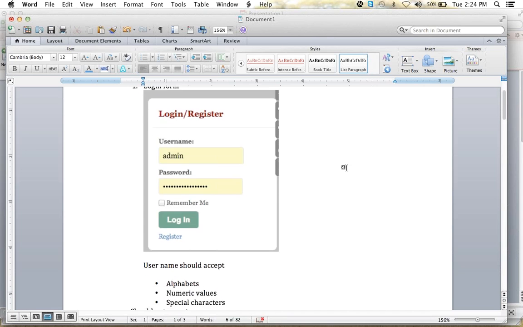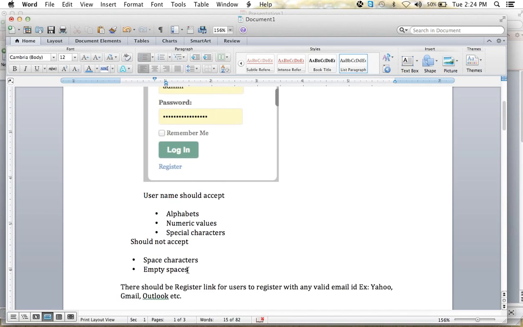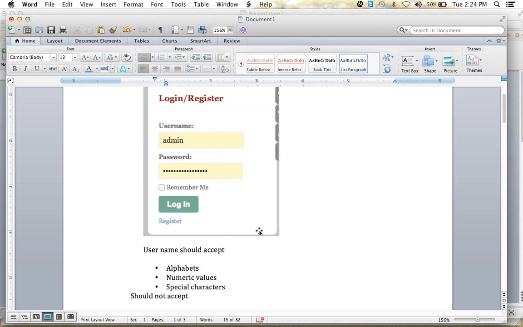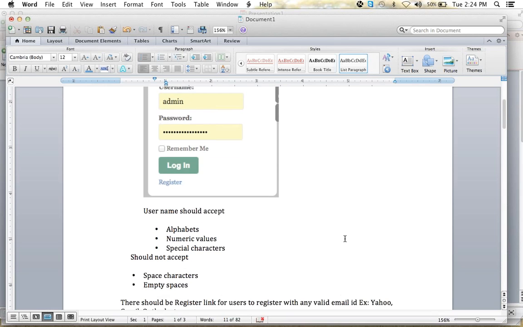So the developer needs to have all these things, like it should accept alphabets, numeric values and special characters. If a developer needs to develop an application, he needs to have an idea. He needs some inputs so that he can create some logic, which will be a functional thing tomorrow. He needs all the do's and don'ts so that he can create an application, and he also needs some screen capture. If we take a screen capture, we need to mention login above, and we need a register link and a forgot password link. If we give some idea, it will be easy for a developer to do.